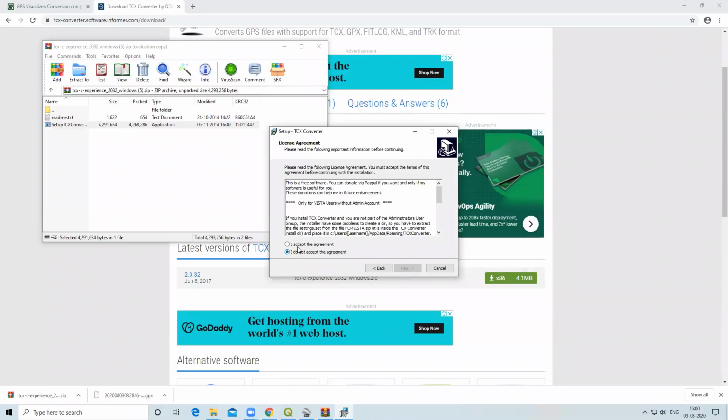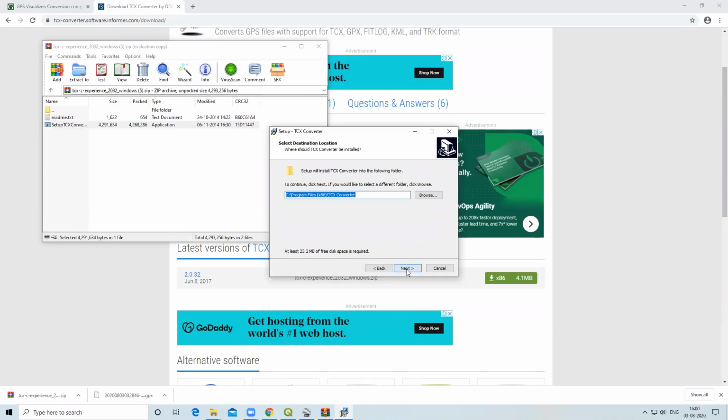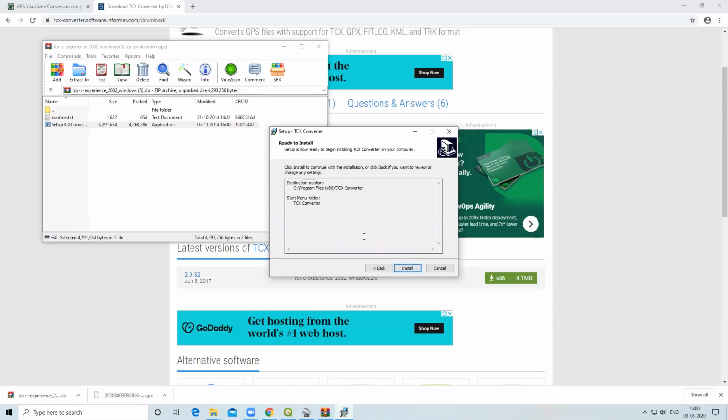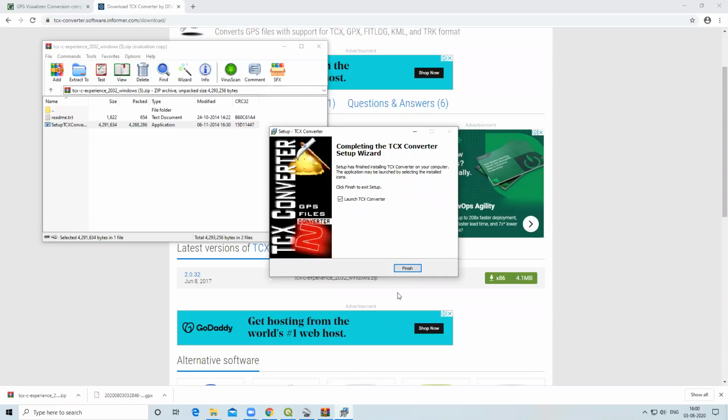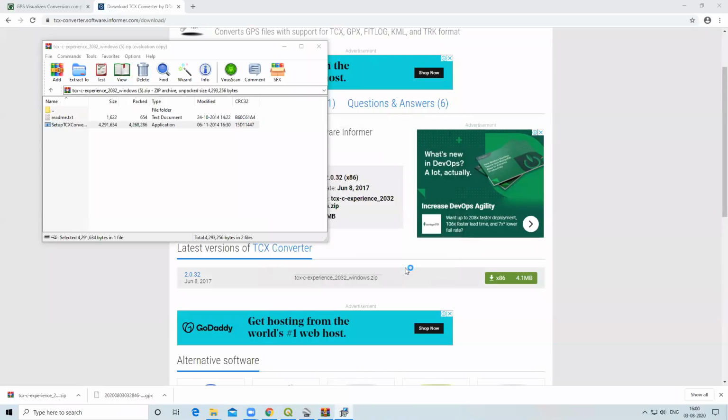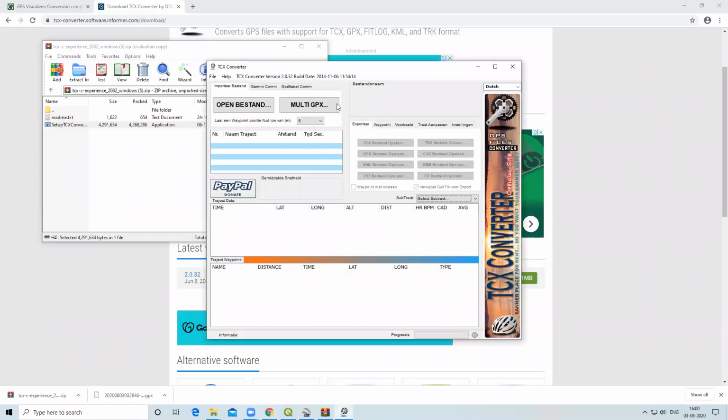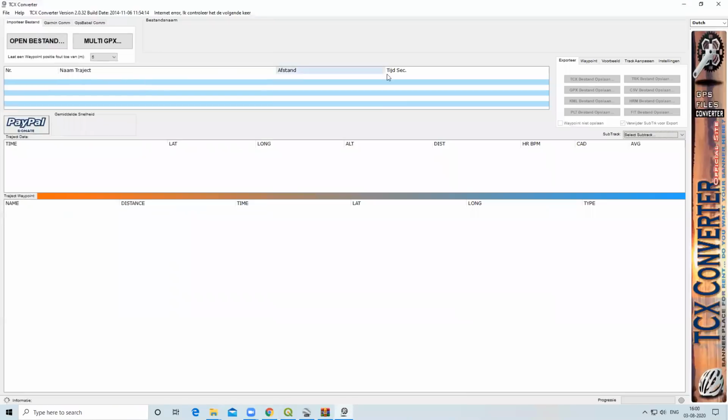Next, accept the agreement. Read the license agreement and accept. Then next and install and finish. Now my TCS converter is installed.